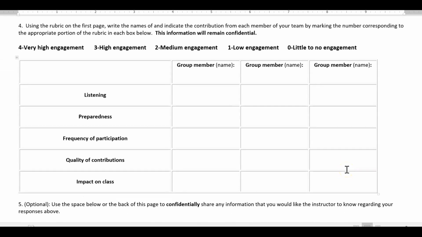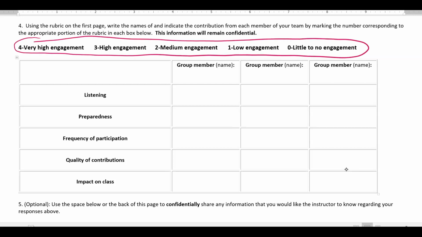And then finally, they will evaluate their own group members' engagement in the class using the participation rubric. And these numbers here correspond to the 5 rows on the participation rubric on the previous page. So basically, they would write a group member's name, and then they'd rate their participation like so, and go through that for all of their